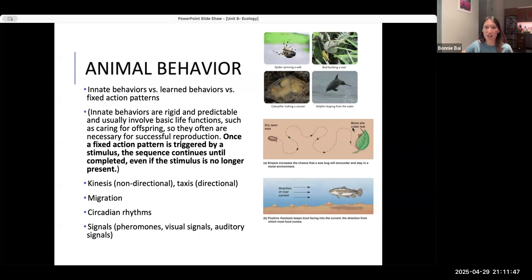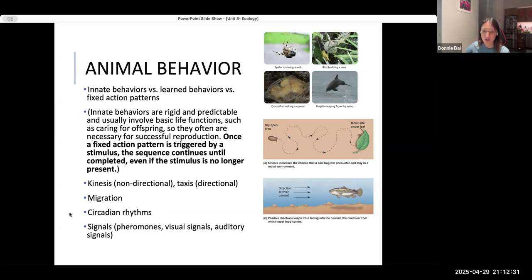You have behaviors that you already know, right? Like knowing to look for food, babies crying so that they get taken care of. Those are innate behaviors. Learned behaviors, obviously, you learn to, I don't know, raise your hand and speak during class, or learn to forage certain food, or learn to catch prey in a certain way for a tiger. Those are learned behaviors. Fixed action pattern is a type of innate behavior, but the example of this is actually really interesting. We'll see that in one of the other slides. These two are just movement in a particular direction versus a random movement to get to a certain goal. Circadian rhythm is your sleep versus wake pattern.